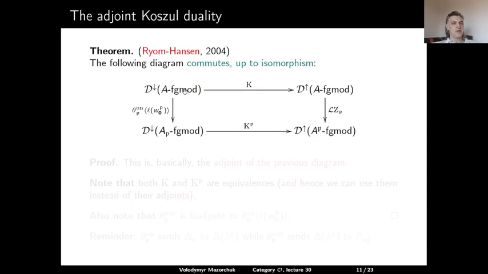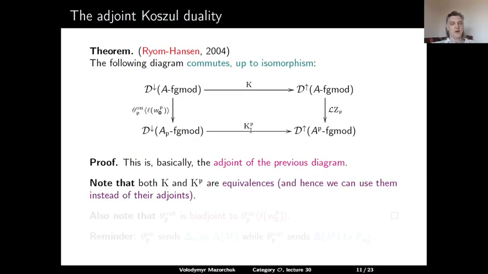This is one way. The other way is that we use Koszul duality to go from the down arrow category for the regular block to the up arrow category of the regular block, and then we use a derived Zuckerman functor to end up in the up arrow category for the parabolic block. Proof? This is basically the adjoint diagram for the previous block.